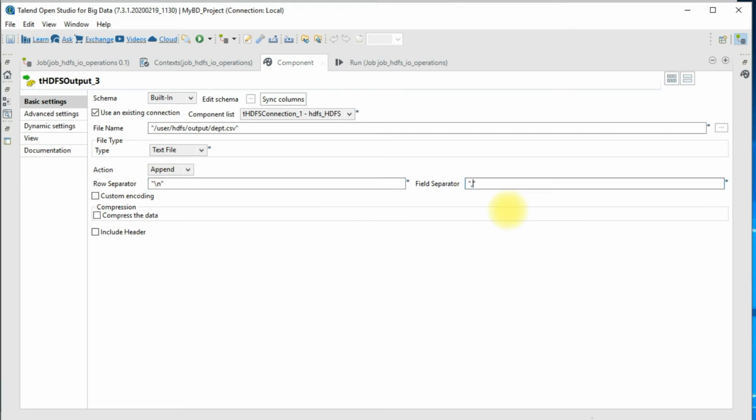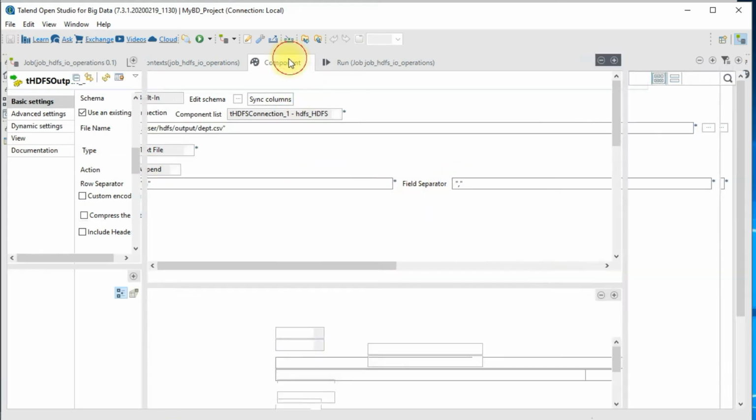I'm going to use the comma separator here, and that's all. We'll not worry about the compression. I'll have a separate performance tuning video and some other videos on advanced topics, so we will talk about compression there. So that's all about this HDFS output. All we have to specify is the existing connection to HDFS, then provide the full path for the output folder, and then choose the action and the field separator. All right, so that's all.